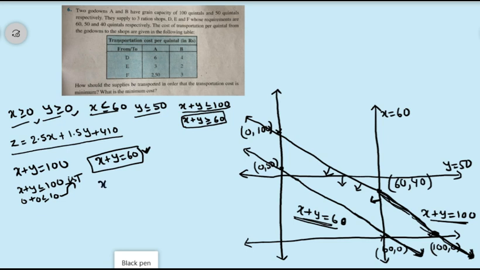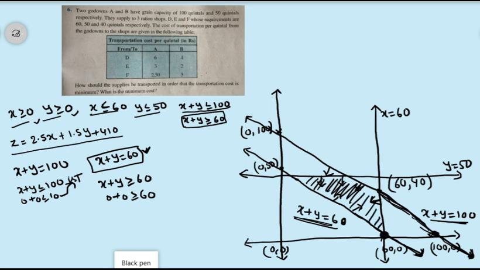But here we have to get x plus y greater than or equal to 60. 0 plus 0 greater than or equal to 60 is wrong. We are substituting 0 comma 0, not satisfying. That's why away from the origin. Here towards the origin, towards the origin, towards the origin, away from the origin. What is the common portion? This is the common portion.